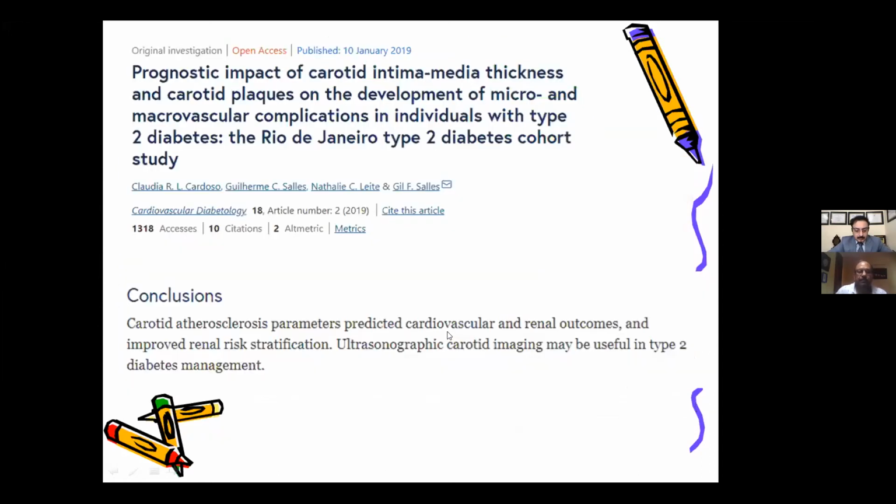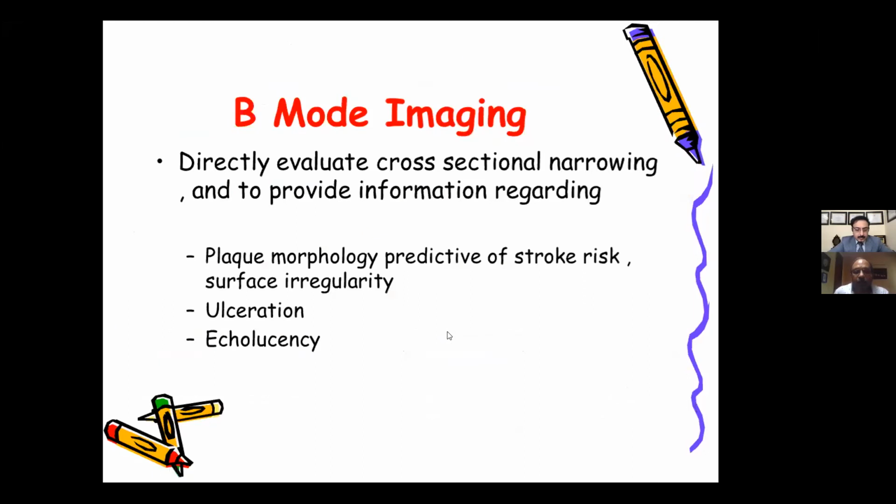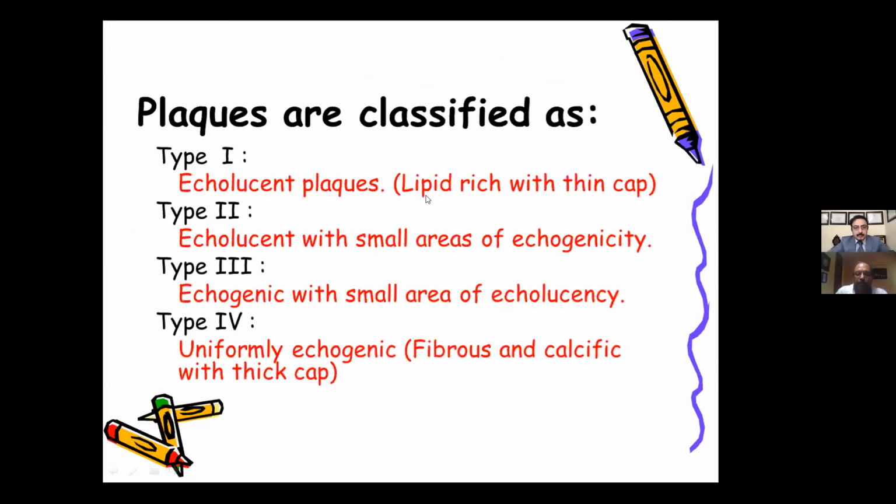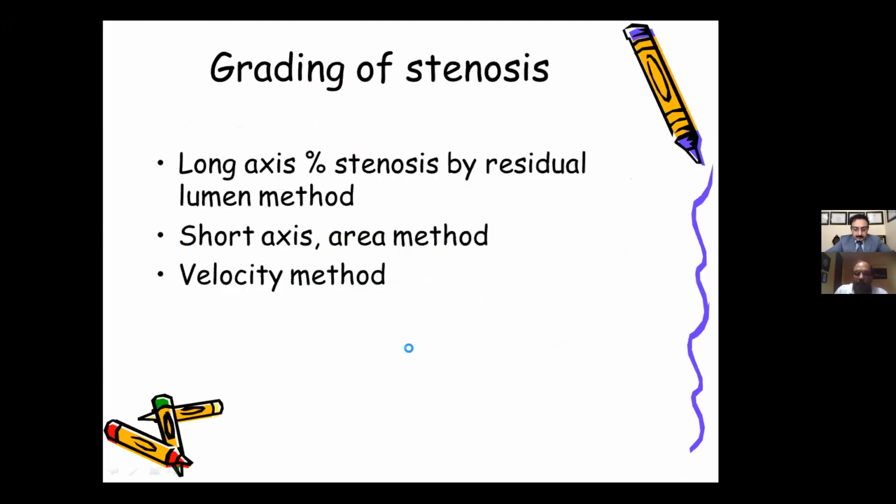Now we go to another aspect, looking at the morphology of these plaques. I'll say two things are very, very important for the morphology of the plaque: one is the echogenicity, and second is ulceration of the plaque. This was figured out 10 to 20 years down the line, when we never used to have Doppler. But you look at these two important things, heterogeneity of a plaque and irregular surface. When this was coined at the time, the plaques were classified as lipid-rich, thin cap, then fibrous plaque, and the calcified plaques. And I'll show you an example later on in the slides.